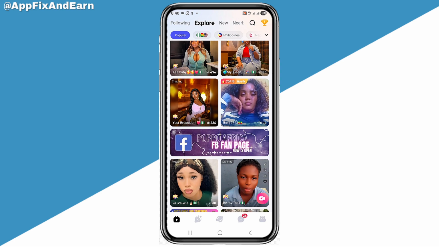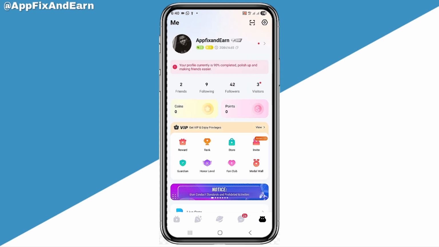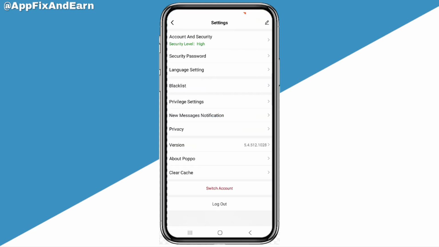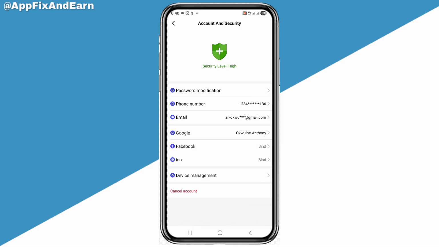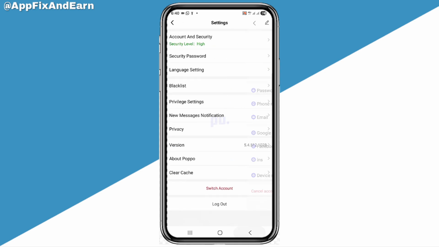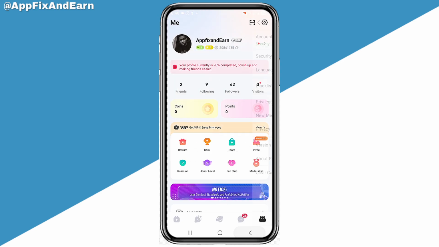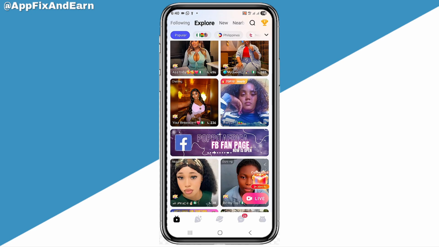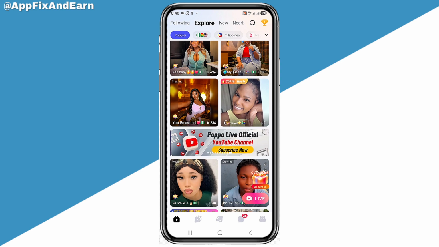Another way you can fix this issue is to go to your Poppo Live account like this, then go ahead and click on the setting icon at the top right corner. So right here you can see where it says